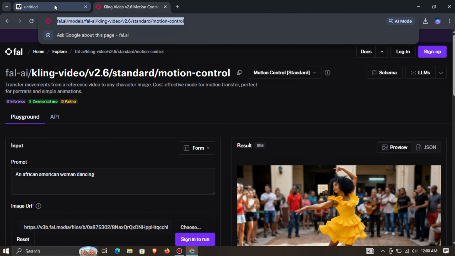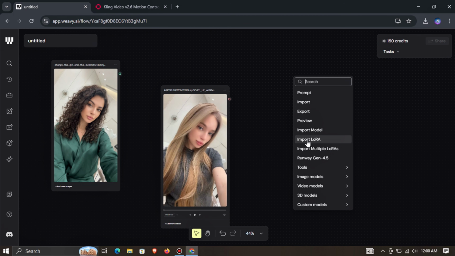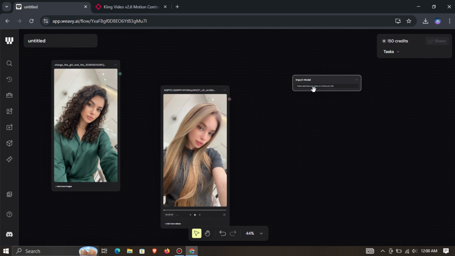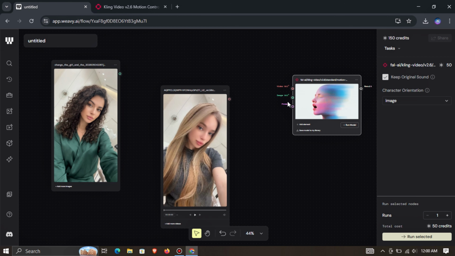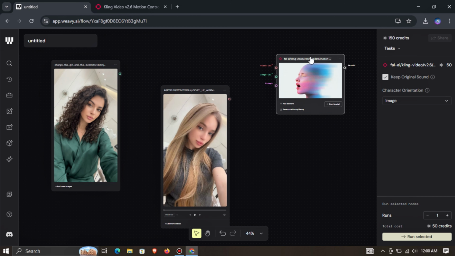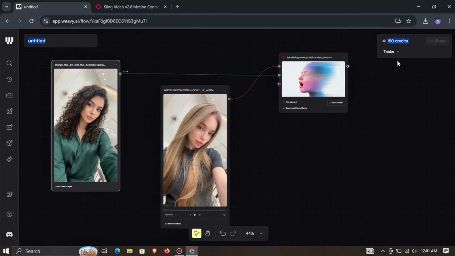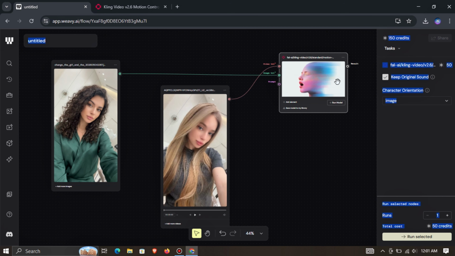Now get back to Weave AI. Again, right-click and add Import Model. Here, paste the link and the model will be added on your canvas like this. Now connect the image node to image and video node to video like me. As you can see here, we only need 50 credits to generate one video. So you can generate 3 videos using one Gmail, and you can get unlimited Gmail aliases from the website. So you are getting unlimited videos by one